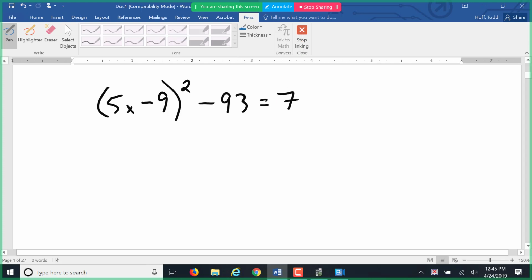Tell me what to do here. Perfect. Just like before we isolated the radical, here we're going to isolate the power. We're going to isolate the squared. We're going to add 93. So 5x minus 9 all squared equals 100. And then